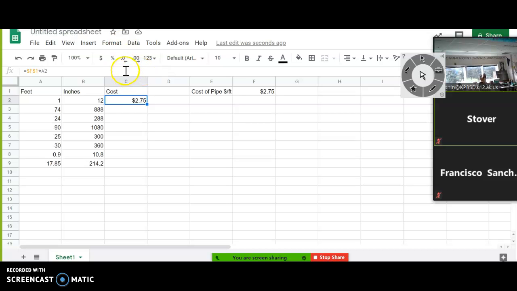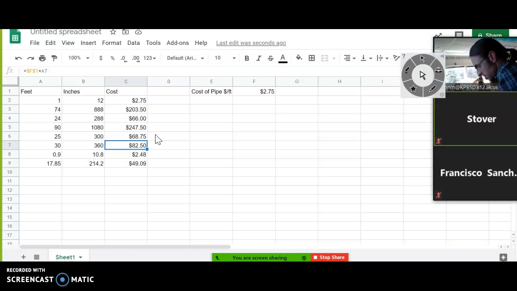So now when I copy and paste this, it'll lock F1 times the other cells, right? Yep. Okay, cool. But if you're adding, let's say you have this and then you're doing another house and